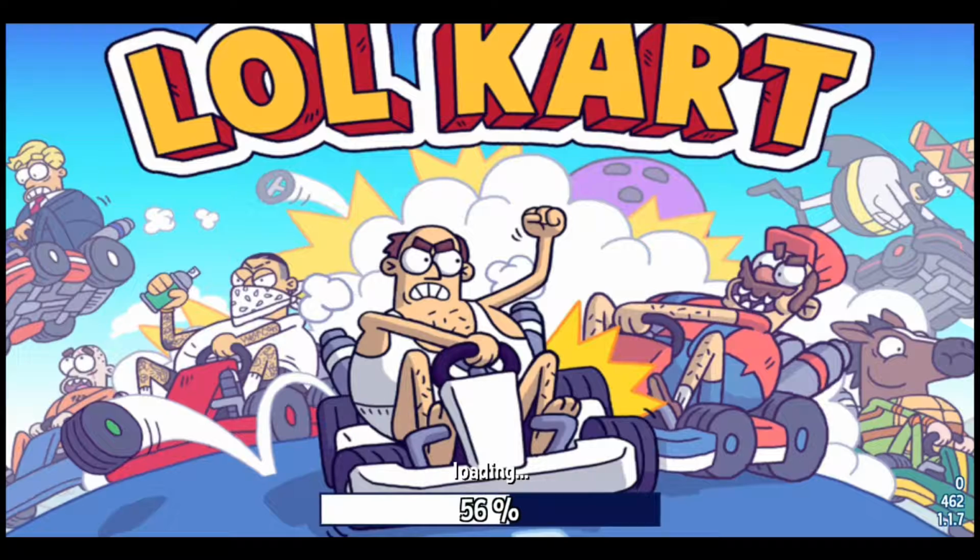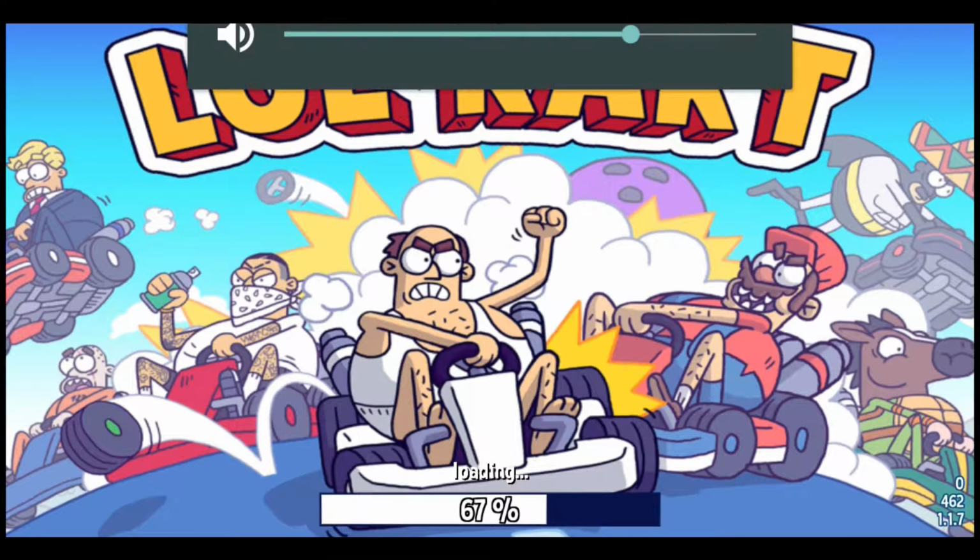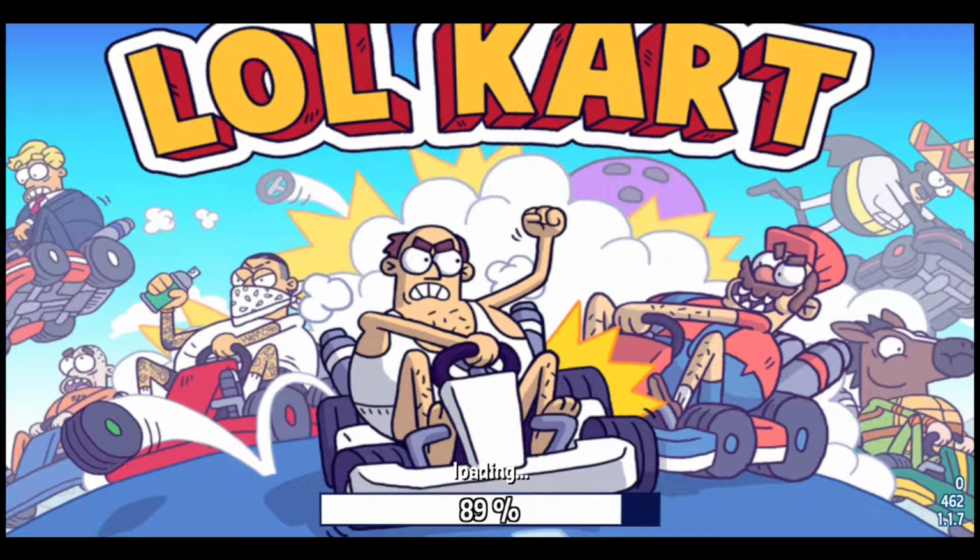Lolcat is a very funny game. I don't need to say further about this game. You just download this from Play Store and start playing. You will really enjoy playing this game. This is a racing game